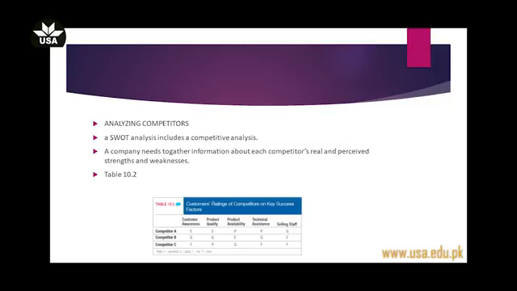Competitor A received E in customer awareness. Competitor A received E, excellent, in product quality. It received poor in product availability. It received poor in technical assistance, and it received good in selling staff. So it can be attacked on its 2 weaknesses, which are product availability and technical assistance. Anybody can actually attack it.